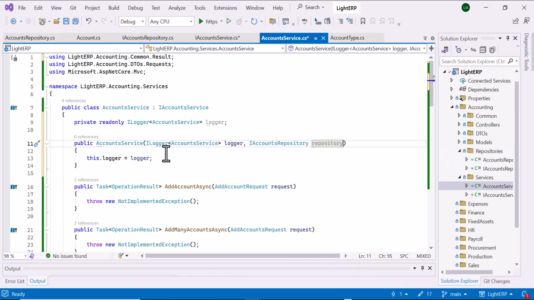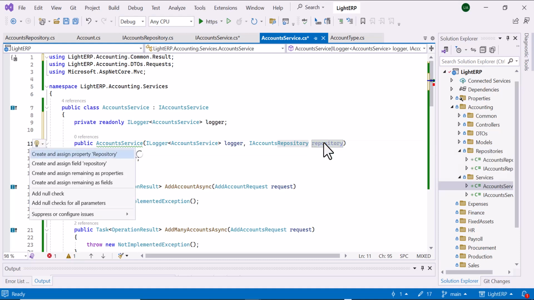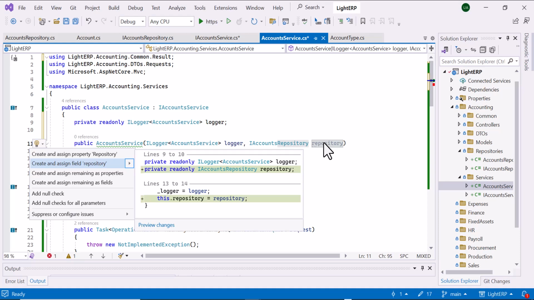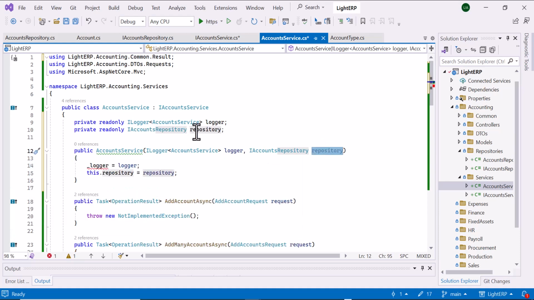But at the moment, we don't need that. So this is going to be like this, and this is going to be like generate the field. Again, best practice, as long as they are private, we put underscore,